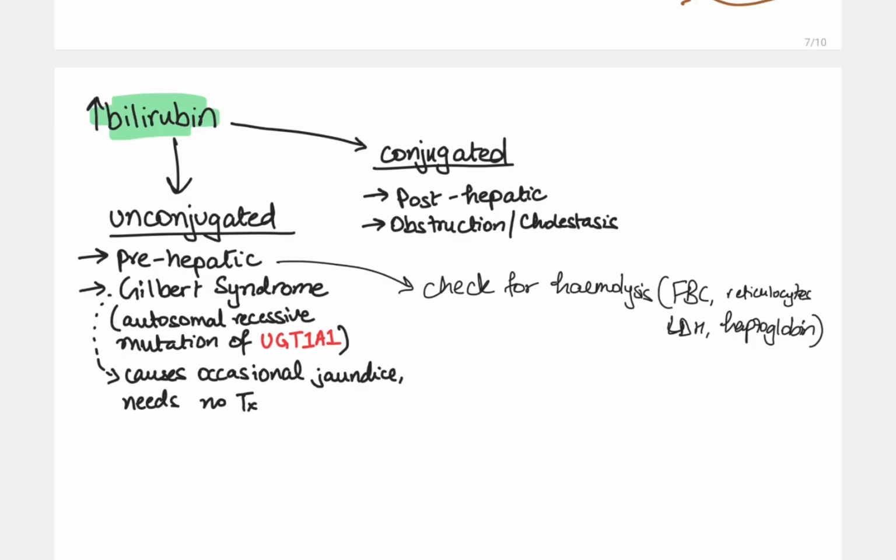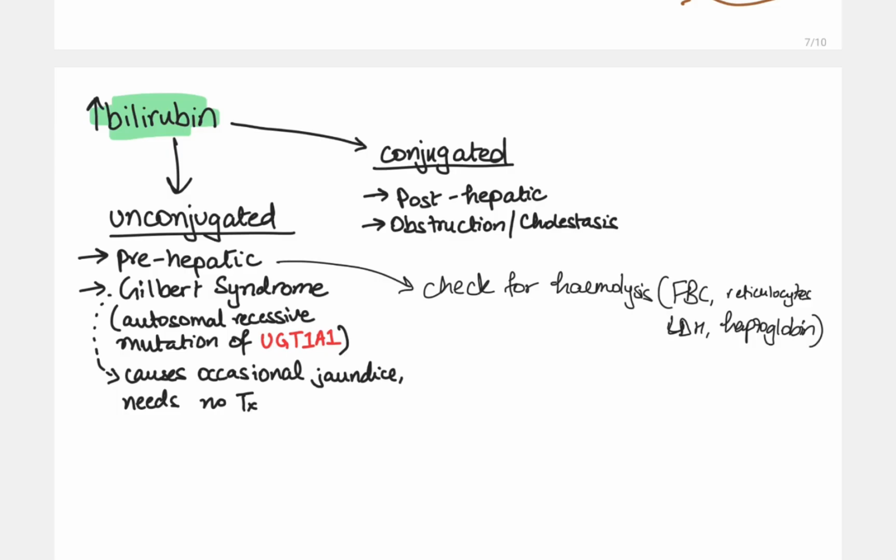So we call this prehepatic raised bilirubin, or prehepatic jaundice. And this is shown, and this can be further analyzed if we check for causes of hemolysis. So things like a full blood count, reticulocytes, LDH, and haptoglobin. And then you've got Gilbert syndrome, which is a disease where there is an autosomal recessive mutation of the